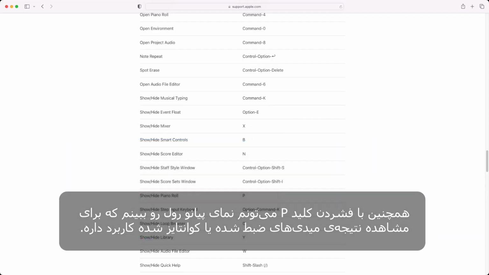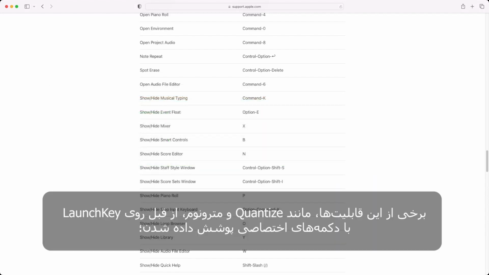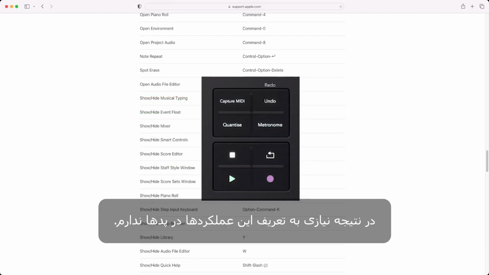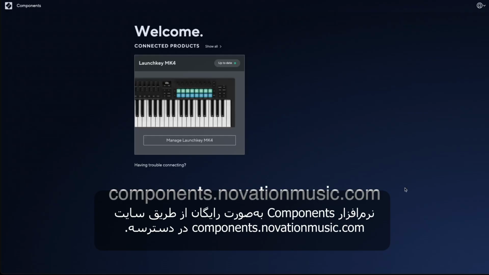I can also use P to show me the piano roll, which might be useful to see the results of any captured MIDI or quantized material. Some options here are already covered by additional buttons on Launchkey, like quantize and metronome, so I won't need those. Components can be freely accessed at